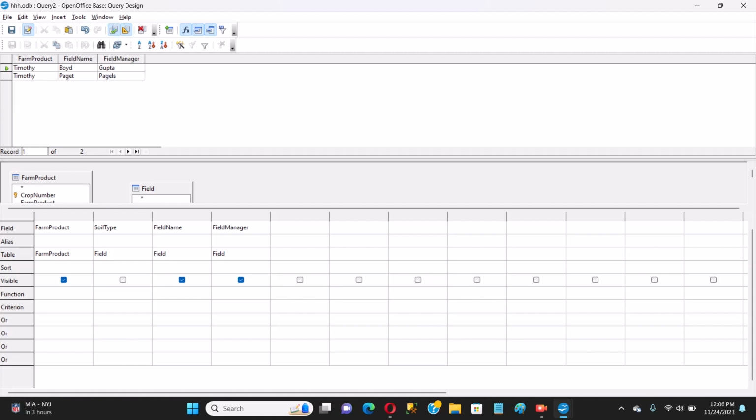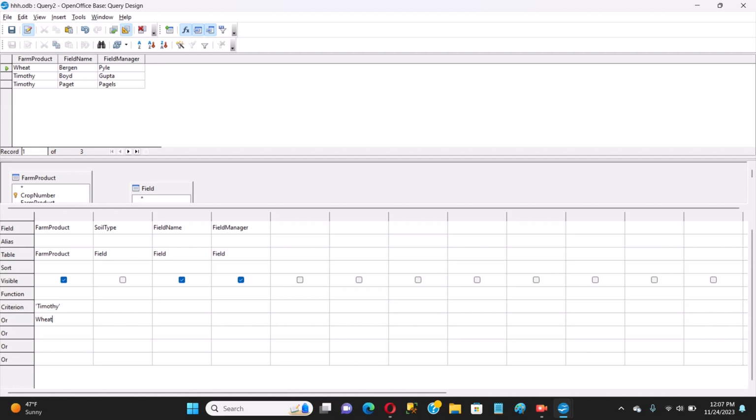Let's remove all criterions. Yes, we didn't have millet in our table originally. So let's say Timothy or wheat. Then only the Timothy and wheat